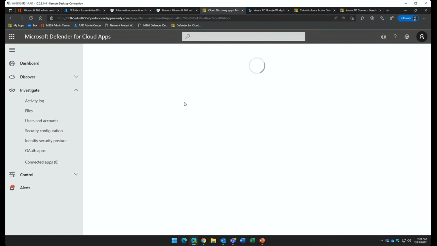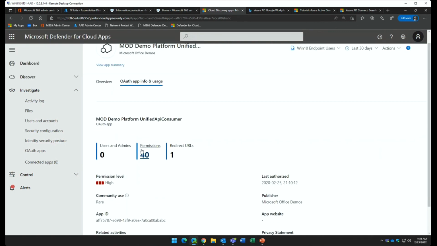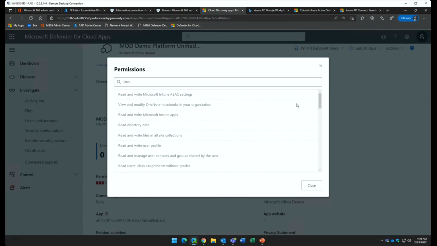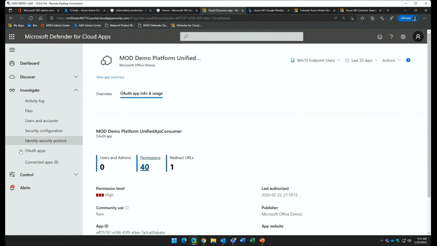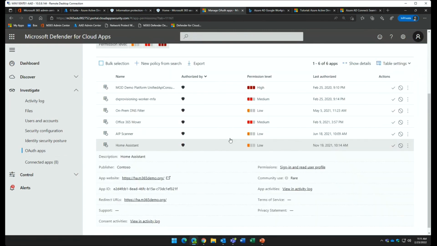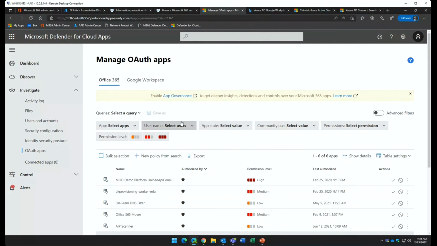Now, there might be higher risk apps. You can go identify the higher risk app and the permissions that it requires. You can just dive in and see, here's an app, it's labeled high risk. What is it looking for? And you can go detail all of the permissions that that app is requesting. And this is a great way to see what users have granted permissions to certain apps in your environment and where you might be at risk with that. And you can sanction or unsanction what you want to be used. So great feature you can use today with your A3 licenses to get a really good insight on that.